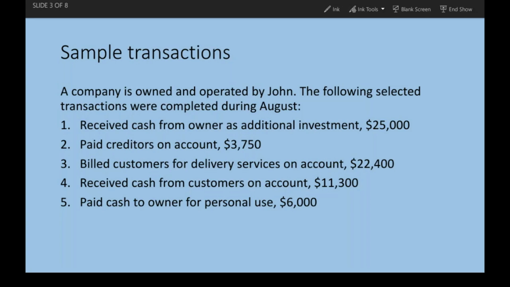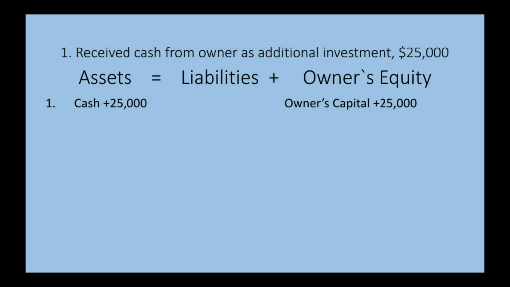On the screen is a problem we will be going through to show how the accounting formula can be utilized to record transactions. The first piece of information that we have is that the company received cash from the owner as an additional investment of $25,000. Now this means the account cash in the assets column will increase by $25,000, which is pretty simple to understand because your company is receiving cash, but then you also have to remember to go on the other side of the accounting formula to owner's equity and increase owner's capital by $25,000 because it is money that is being invested